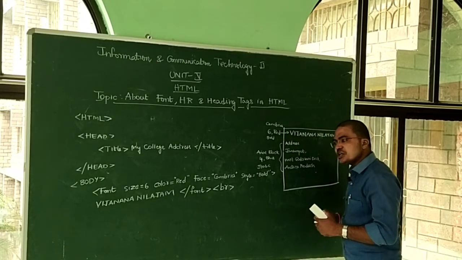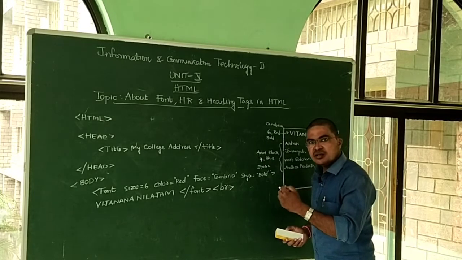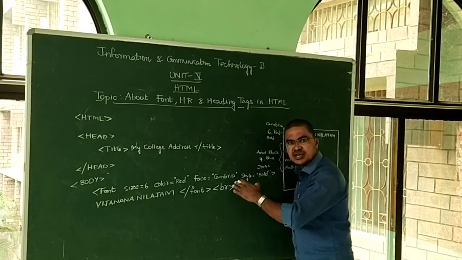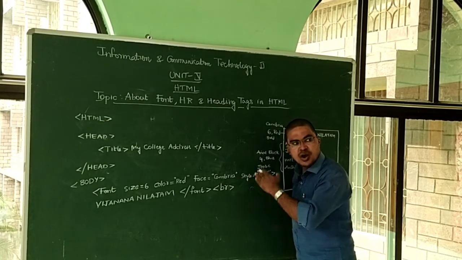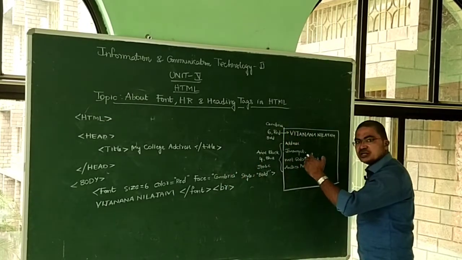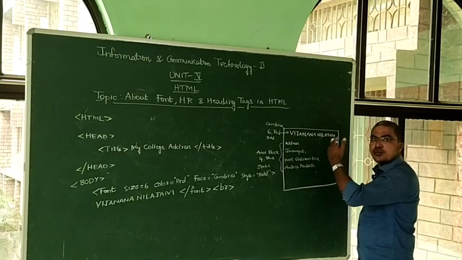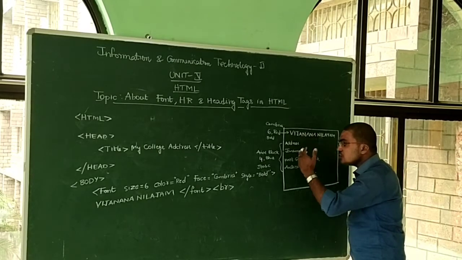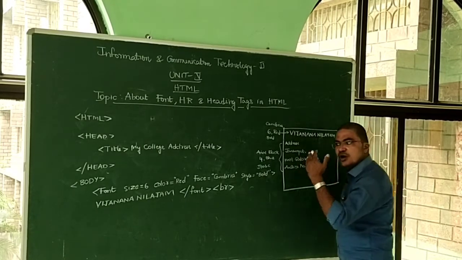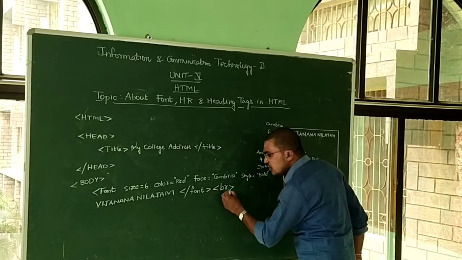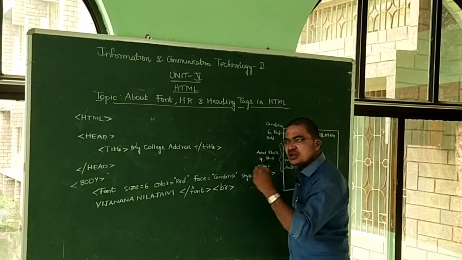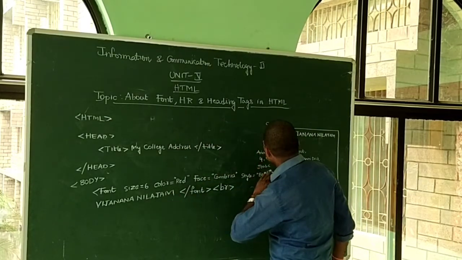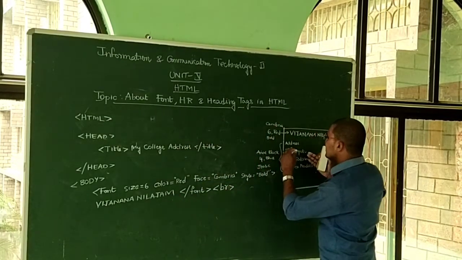So if you want to generate the text line by line, that's why I use the tag called BR. If you don't use the BR tag in HTML, the text appears continuously on the page, but I don't want to show the text continuously, so I want to show the text line by line. If you want to come to a new line, we use the BR tag. BR stands for break. Break means stop the line. Our first line is complete, then the cursor is waiting on the second line.